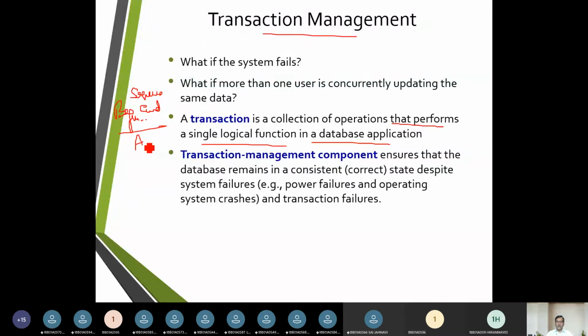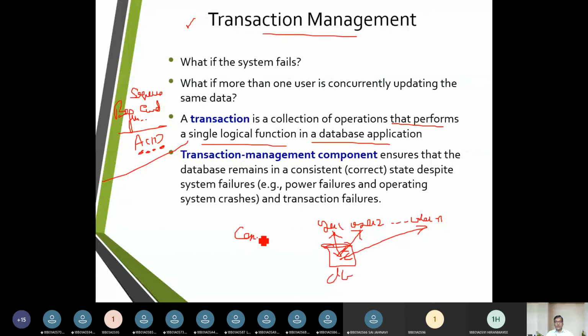And we have a database. I have user 1, user 2, and user n. All of them put up their queries, and all of them interact with our database at the same moment. Then it is going to support concurrency. Concurrency is where multiple users are served at a time, and it ensures there is less failure in this adaptability.